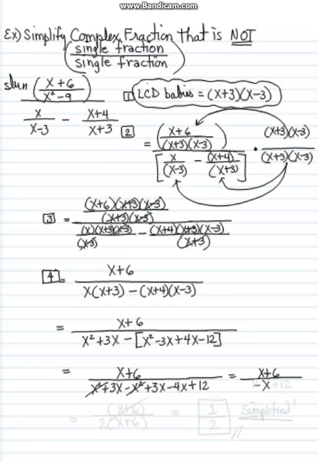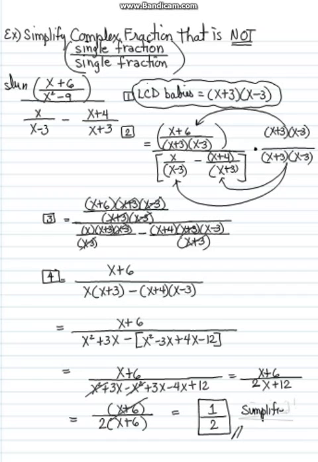Now we can factor the bottom. 2 times x plus 6 factors on the bottom because we have 2x plus 12. So we have 2 times x plus 6 on the bottom. The x plus 6 cancels, so we're left with a 1 on the top over 2 on the bottom, and